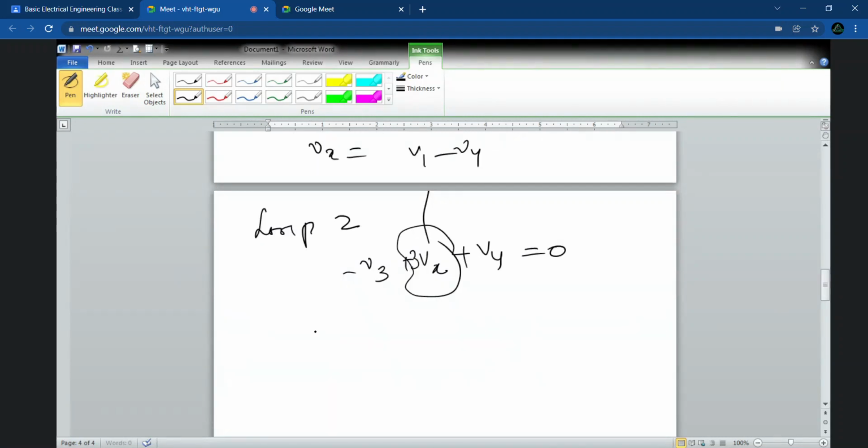So it will be in terms of V1, V2, V3 now. And what about the third equation? Loop 3. It will be 3V1 minus V3 minus 2V4 is equal to 0. Is it clear? ठीक है? Yes, ma'am. 3V1 minus V3 minus 2V4 is equal to 0. Clear to everybody? Yes, ma'am. ठीक है बेटा?